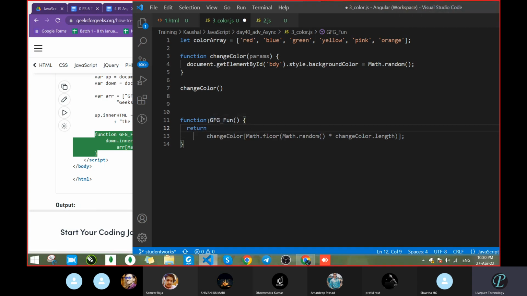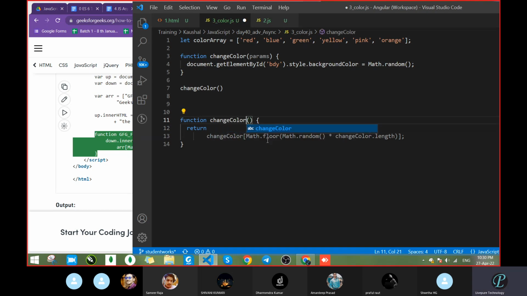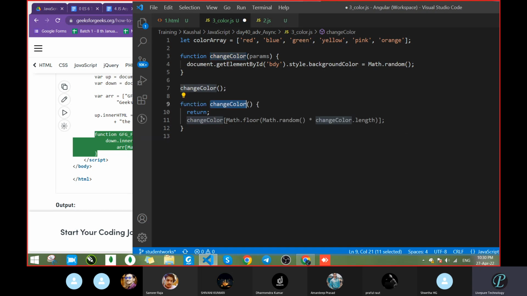So call this function now. Let's change that. Change color, change color. Let's format. Change color.